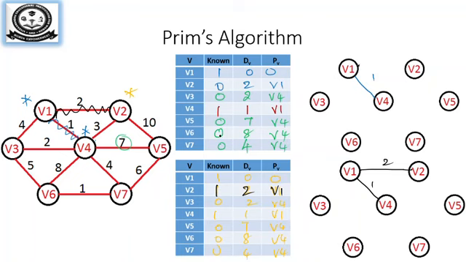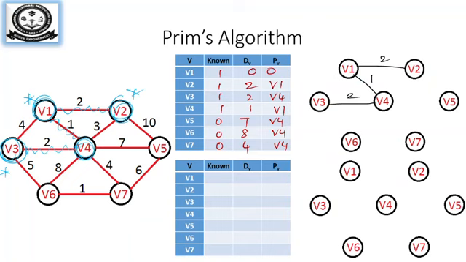Now which are the adjacent vertices for V2? V1, which is already visited, and V4, which is already visited. So the unvisited vertex is V5. What is the distance over here? You can see the distance is 10. For V5, what is the distance in the table? It is 7. So 7 is minimum, no change in the table. So you will just remove it and we will go for the next vertex. Now among the vertices whose distance is minimum, V3 is with 2, V5 with 7, V6 is 8 and V7 is 4. So the next vertex we are going to choose is V3.